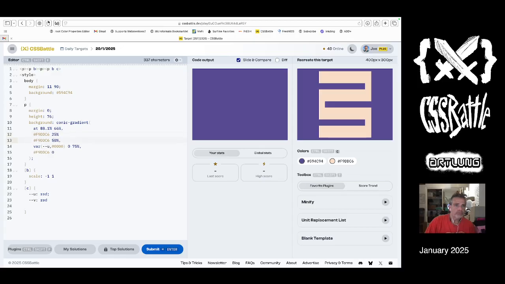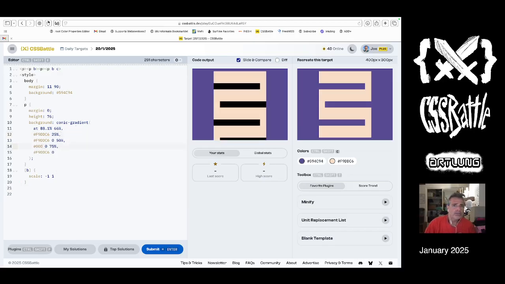25%, 0. And then transparent, 0.75. Now we should get this back soon if we've got the commas right. Comma, comma, comma. All right. So now,